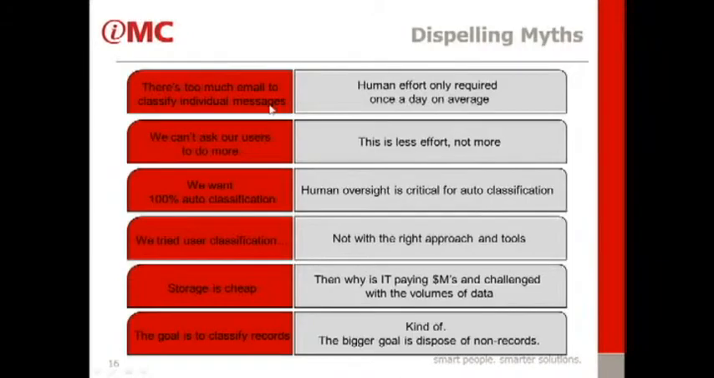You know, there's a lot of myths out there and a lot of misunderstandings and things that have been developed over time, and I think maybe rightfully so, but they're debunked. We do this every day. We live this world, and we can address these things. So, there's too much email, and yes, if you ask users to take a few seconds on every